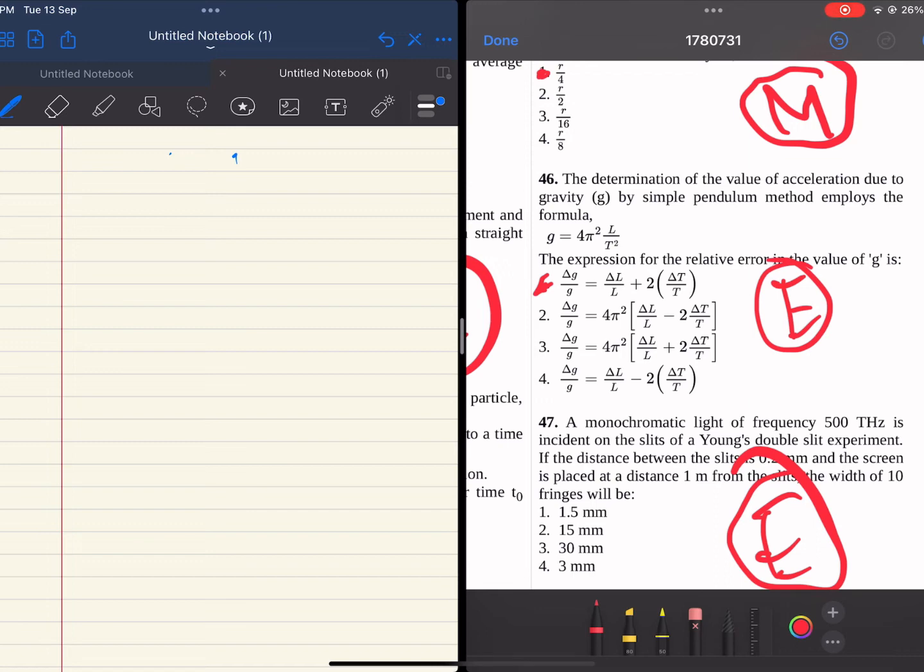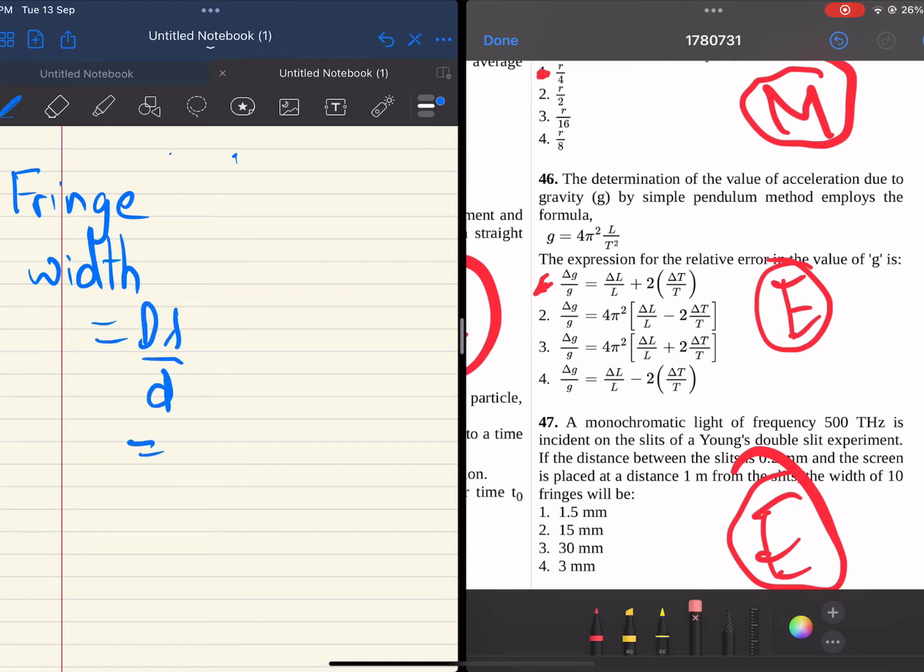This is a normal question. It does not invalidate any assumptions. That means it does not make any assumptions untrue. That means all the assumptions here are valid. So the fringe width is D lambda by d,